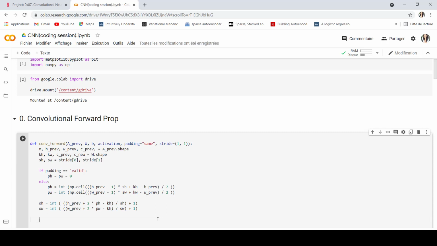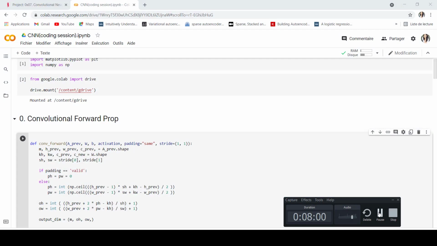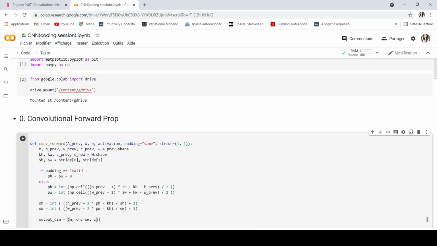So the output dimension here will be m, the number of images, oh, ow, and c_new.